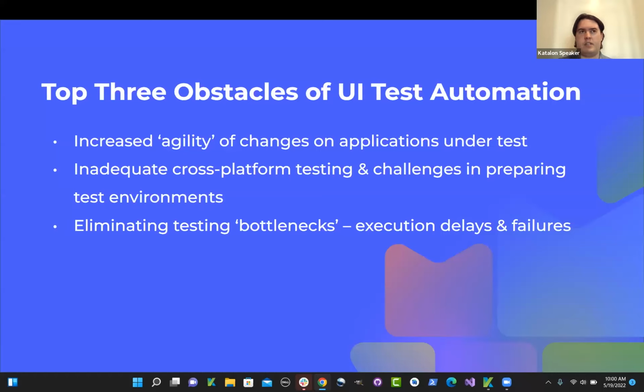These bottlenecks can come into play in multiple ways. For automation, the biggest one is maintenance. Whenever you create a test script, you're going to have to maintain it and make sure that it runs against multiple versions of your application,